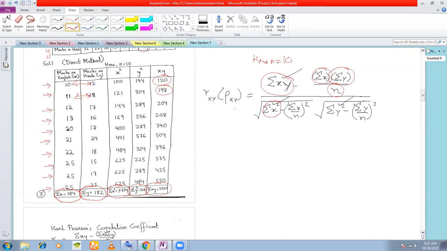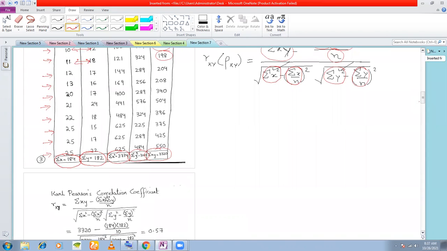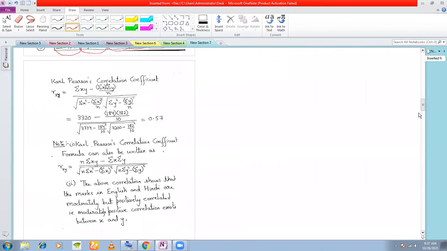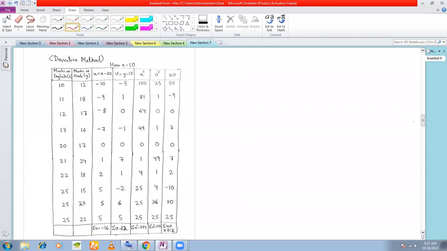Summation X square, and from the column you can get summation X by N, summation X divided by N, where N is equal to 10. You put summation Y square, and then you put summation Y by N also here. You put all these values and you calculate the correlation coefficient, Karl Pearson's correlation coefficient. Okay. Now this method is a deviation method. Normally you will not require this method because calculators are available. This method is normally applied to reduce your calculation, but I have shown you this one of its kind.